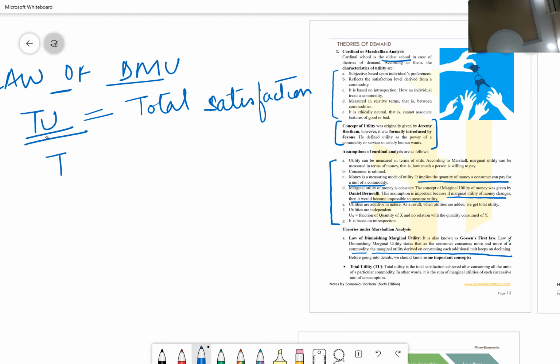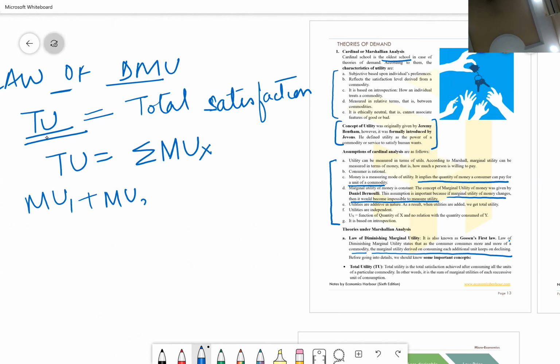So mathematically, it is expressed as summation MUX. So it is the sum of all the marginal utilities attained after consuming all the units, so MU1 plus MU2 plus MU3 and so on till MUN will give you total utility,